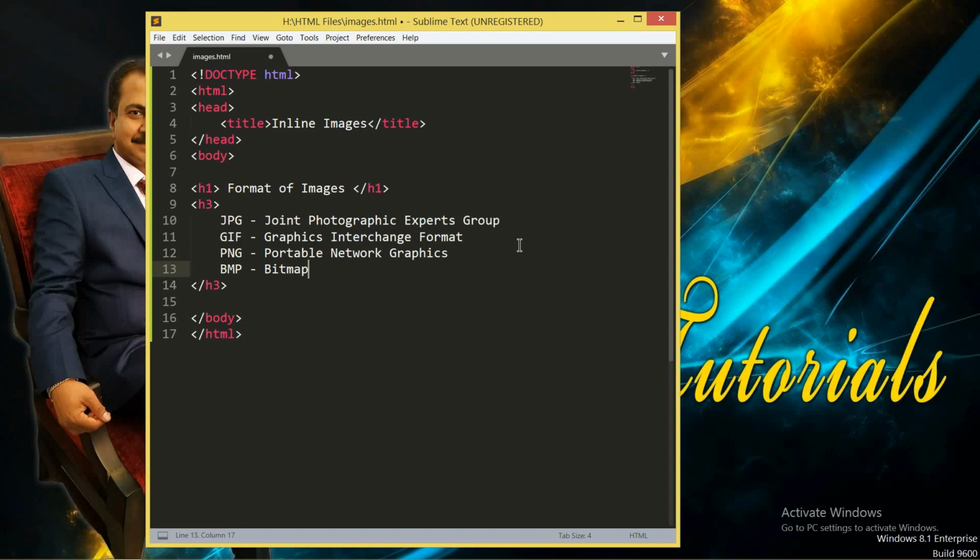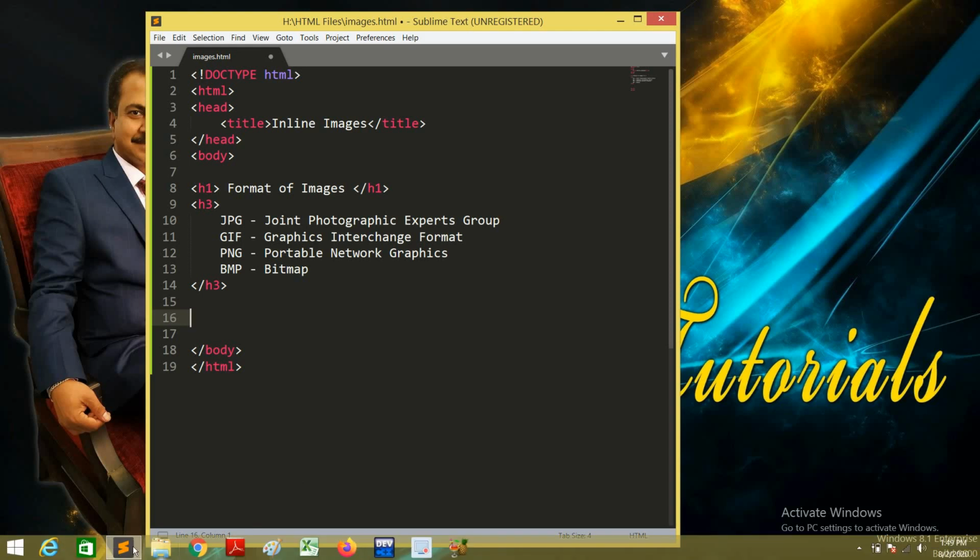You can prefer any one of these. If you want to use JPG files, GIF files, PNG files, or BMP files, you can apply all of these different formats as your images onto the web page. Now, starting with the images, remember one thing: whenever you want to set images, you should have a separate folder for images, and every image should be saved within that particular folder. This is not mandatory, and not really a rule, but it will make it easy to set all the images onto your web page.